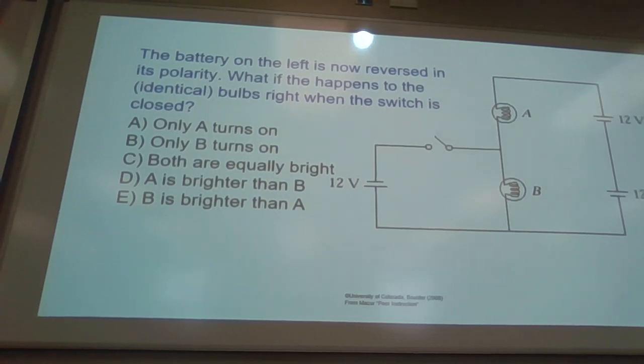Okay, if we go based on our adjusted version of it, B goes out. At the end it has to be 0. It's 12 on both sides at the meeting point of A, so the middle has to be 0. That means B has 0 voltage. Yes, so B turns off. Alright, so think about it. You have 12 volts coming out of the battery on the left up to B, and then all the way around on the other side, you have 12 volts on the other side.